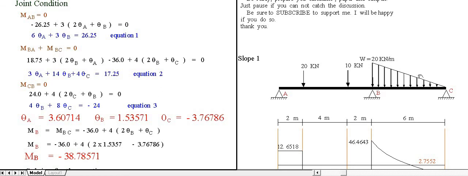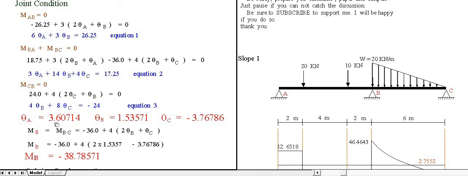Actually we need only 1 equation. Okay, by simultaneous equation, 3 equations,